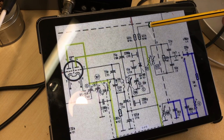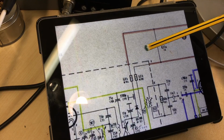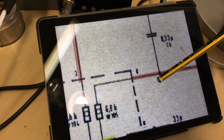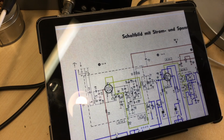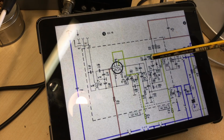If this was wired incorrectly, because I can't really read these numbers. That looks like 2, that could be anything. I mean, literally, that could be anything. That's the clearest schematic I've got. So I can only check that they're wired to the right pins on the outside by opening this up. And that's obviously the first thing I'm going to do, is check when I open it up, because I do